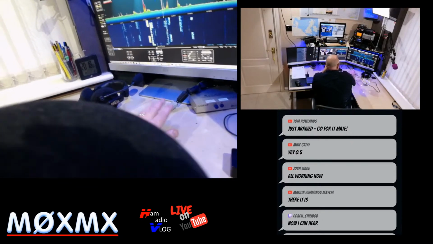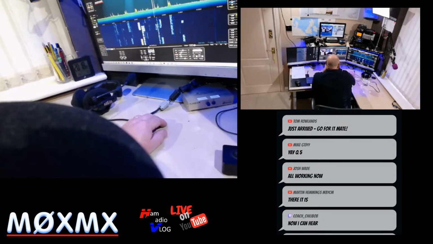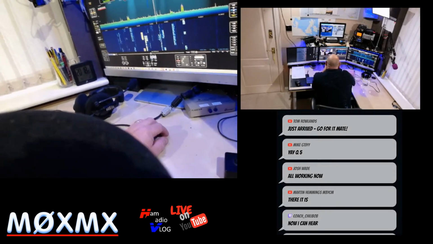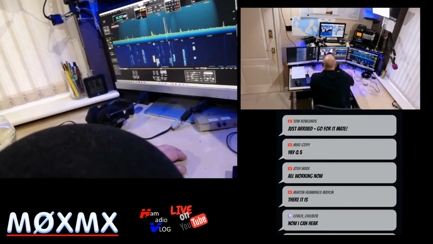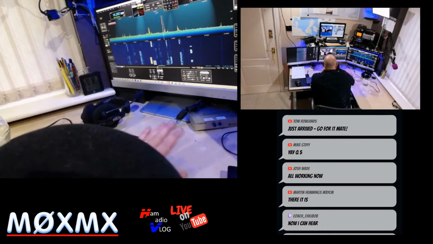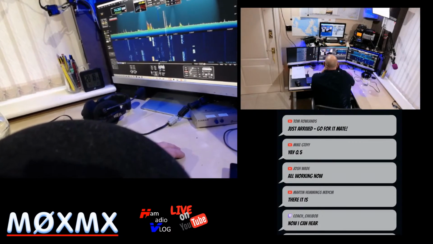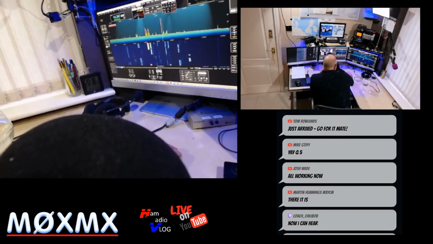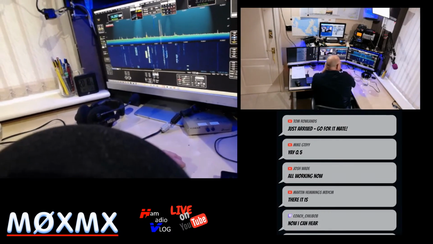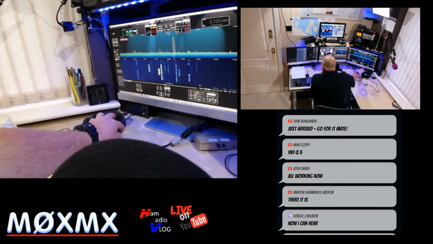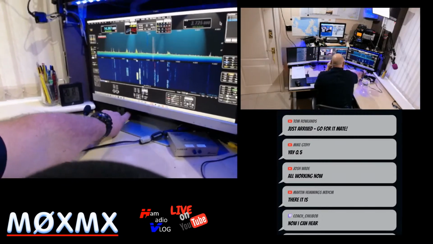I also put some ferrite chokes around the 20 meter feeder as it comes into the shack, which is in the corner. I'll show you over there. And today I was up a ladder putting half a dozen chokes around the actual feeder as it comes off the cobweb. So hopefully no more RFI on 20 meters. I've got speakers for the PC, which are these here,